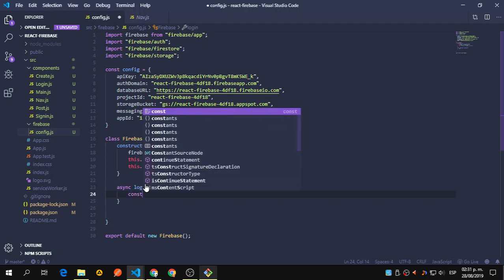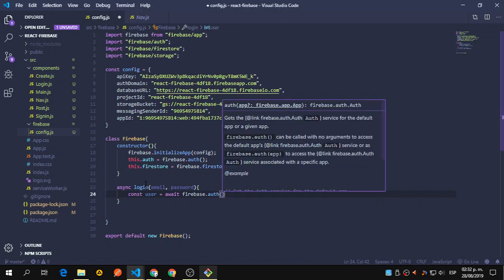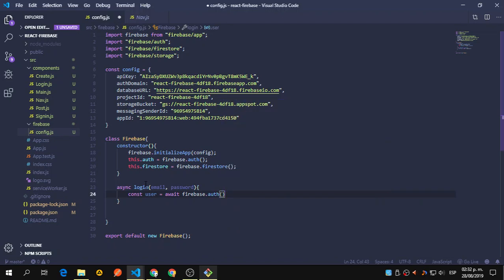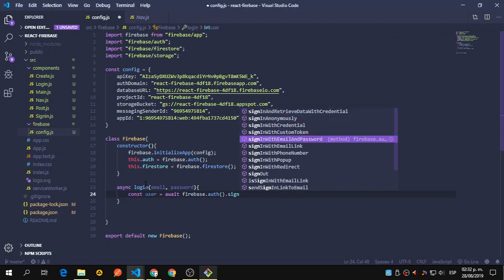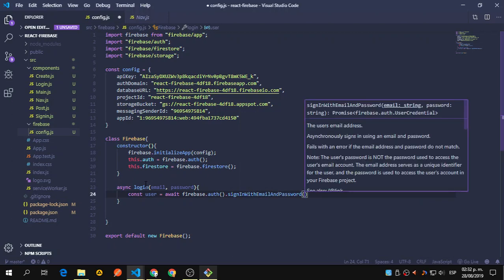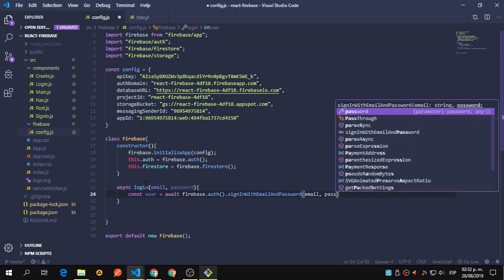So let's say constant user equals await. That's why we're using async. We're going to await Firebase auth sign in. This is the login. Okay, so it's sign in with email and password. It takes the email and password,